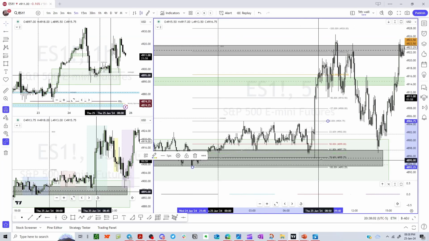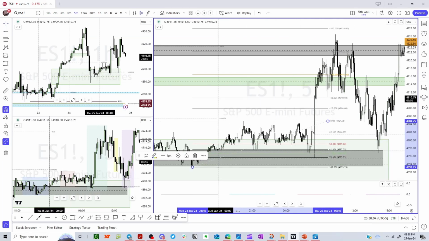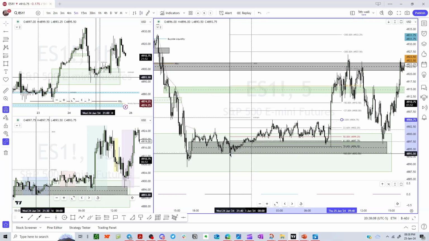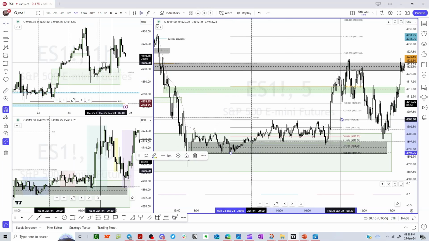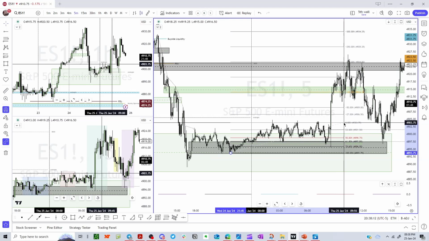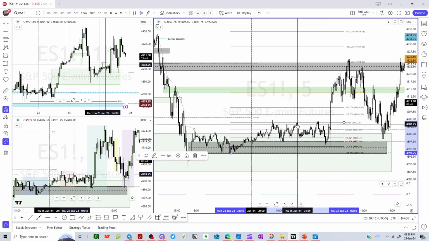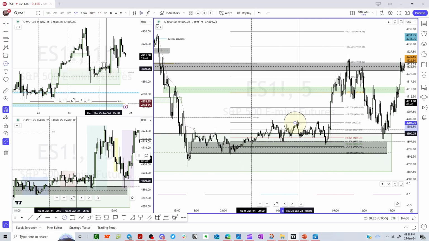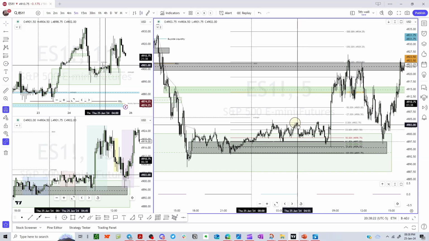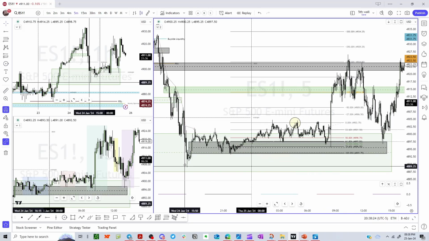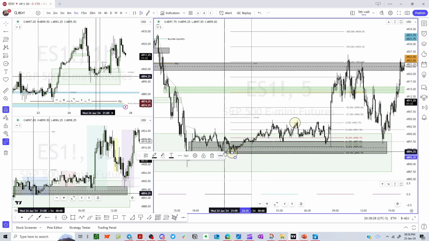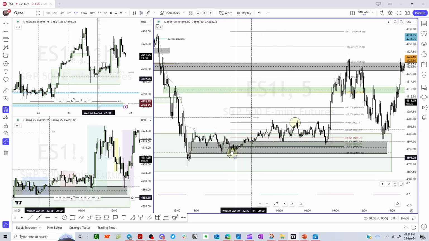So you have optimal trade entry to the 78.6, and yes, I'm using the wicks only, and we can tighten that up for entry just using the bodies of the candles. And we're using this swing high here now because that is the highest body. And we use this swing low here,